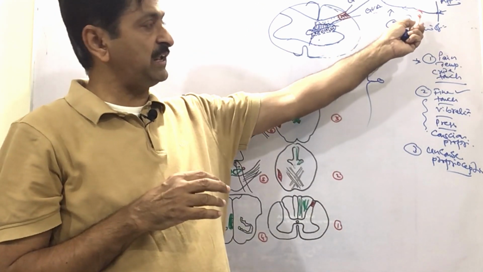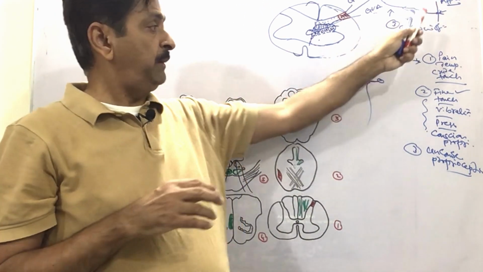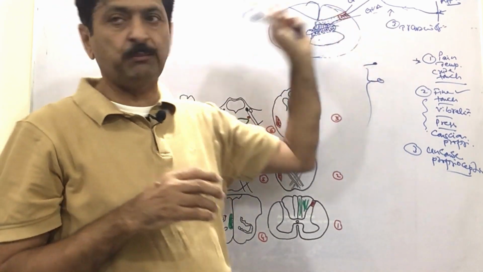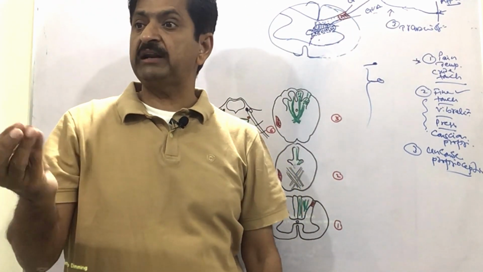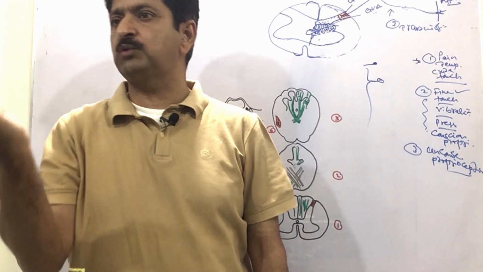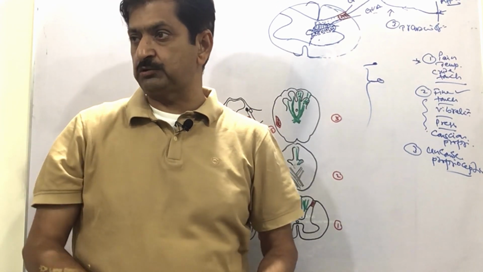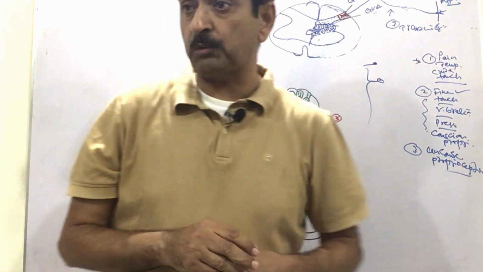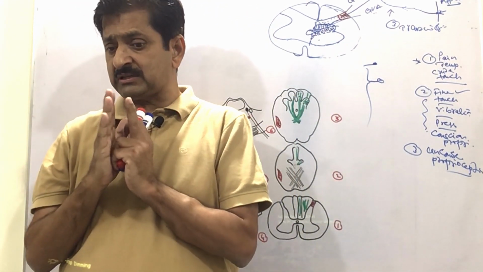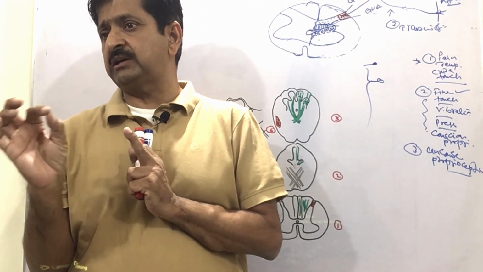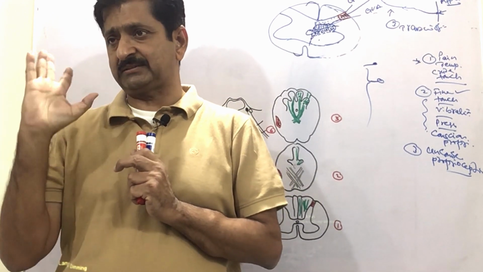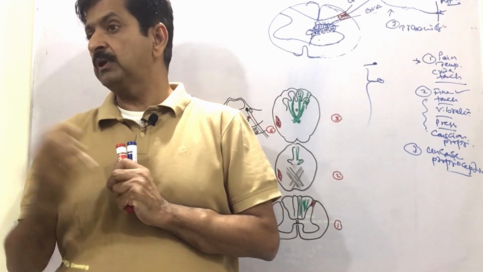This first category of pain and temperature, everything, pain, temperature and crude touch, has been received by the posterior horn of gray matter of the spinal cord in a specific group of neurons, you call them the nucleus. Now nucleus means the six questions. Now this is your responsibility, you will have this obligation to discuss this nucleus under six headings. Name the nucleus.